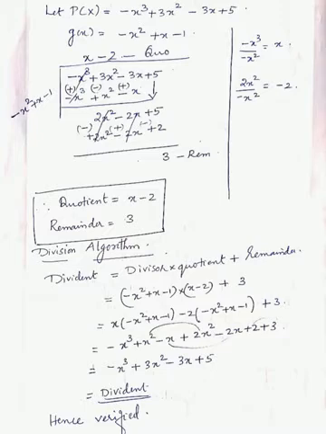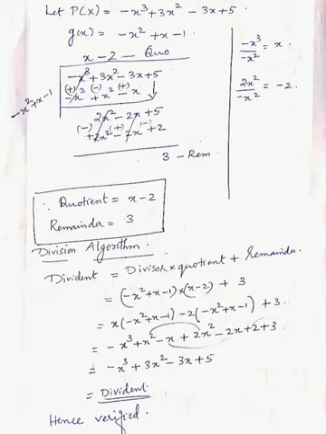So see children, in this question they have not given the terms in the decreasing powers of x, isn't it? So first what we have to do means, first we must write let p of x equal to minus x cube plus 3x square minus 3x plus 5. And g of x is the second polynomial, that also they have not given in order. So first we must rearrange and write. So we will get g of x equal to minus x square plus x minus 1. Then we can do as usual division.